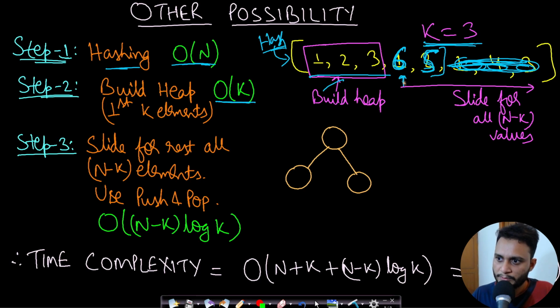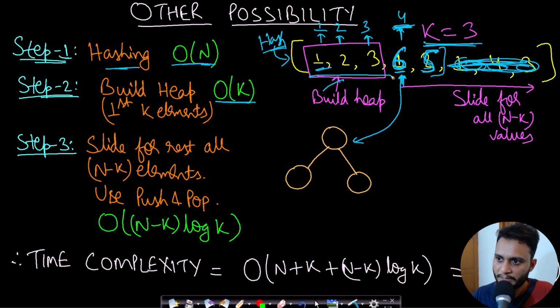Now once we move on to the next element, then this is a new element, right? And it might be having a certain frequency value. So let's assume that this is having frequency 1, this is 2, this is 3 and this is 4. Now this new element is having higher frequency than at least one element here. Actually it is having frequency higher than all these 3 elements, but it should have frequency higher than at least one element in order for it to be inserted into the heap. So this is having actually the highest frequency. So we will be inserting it into the heap.